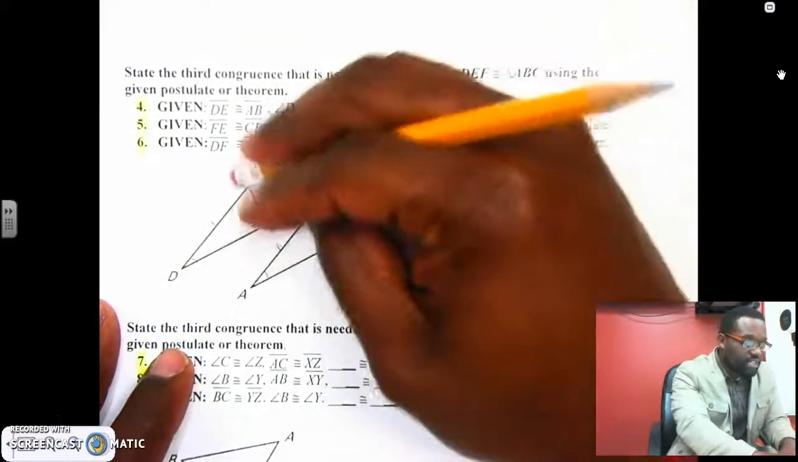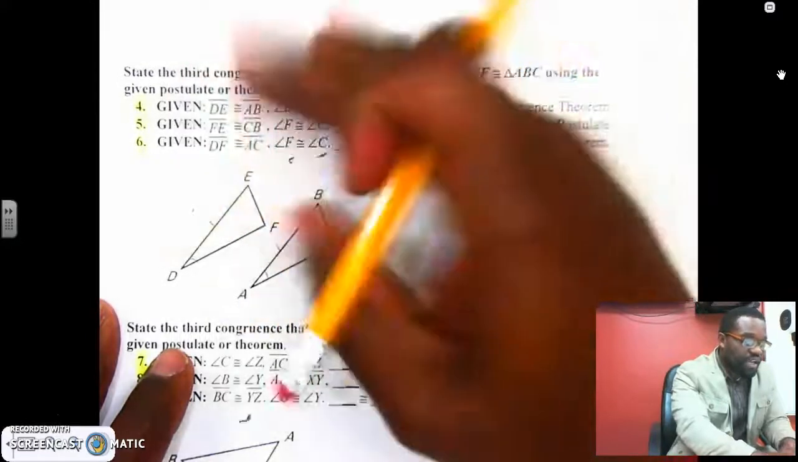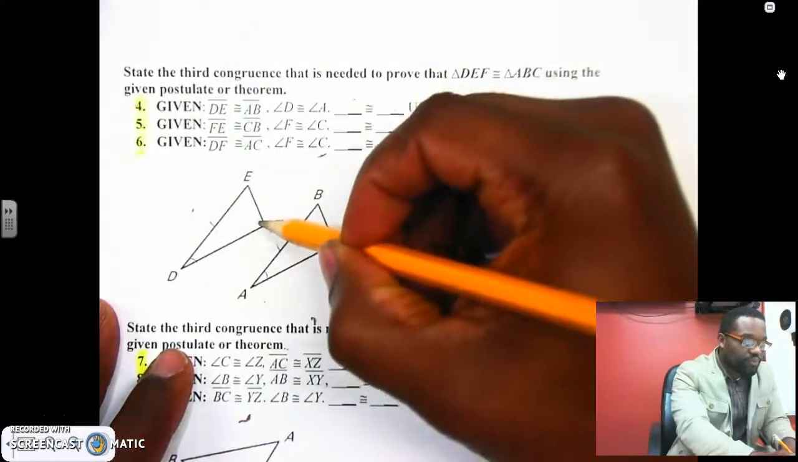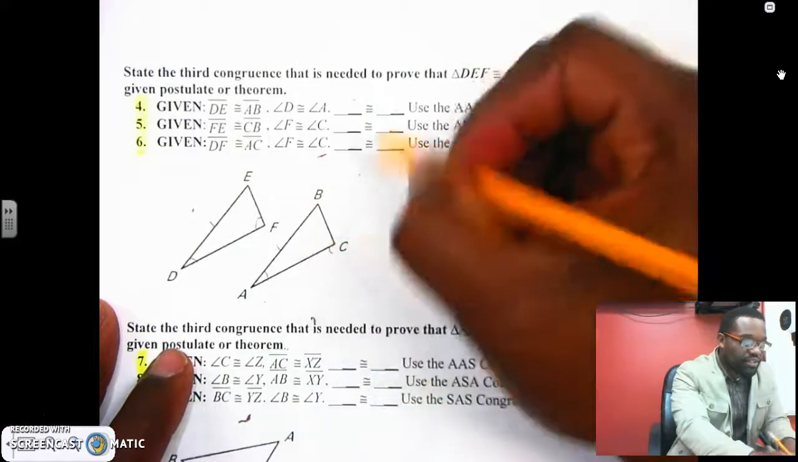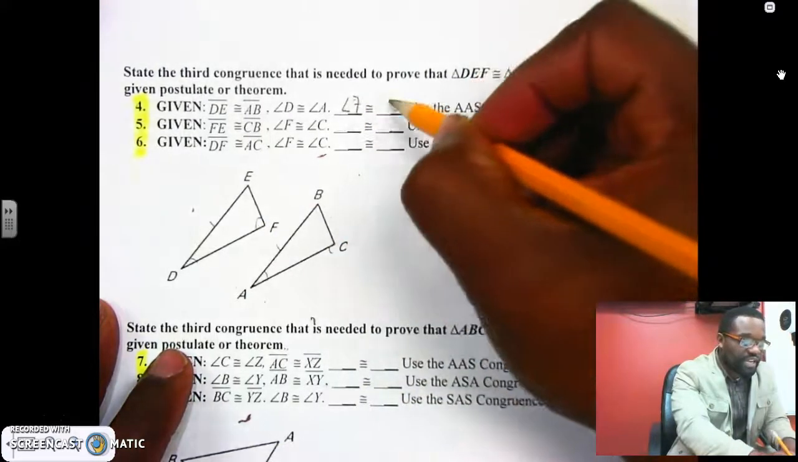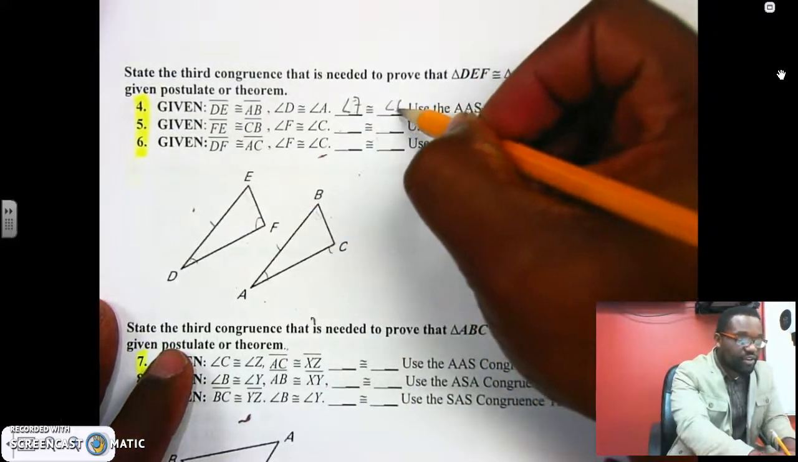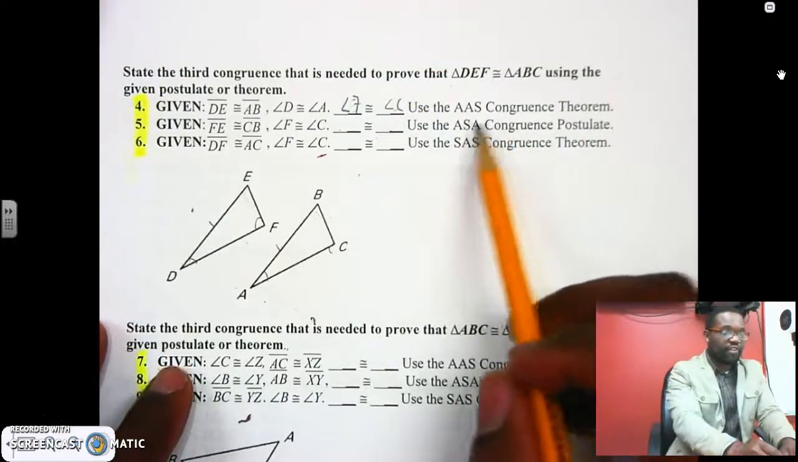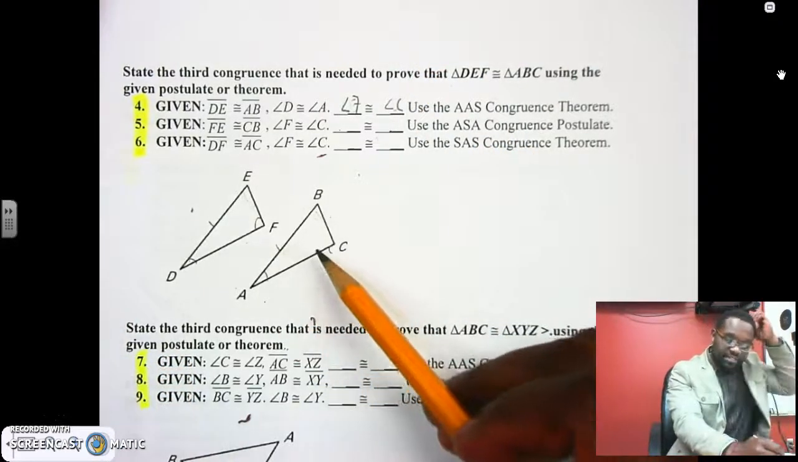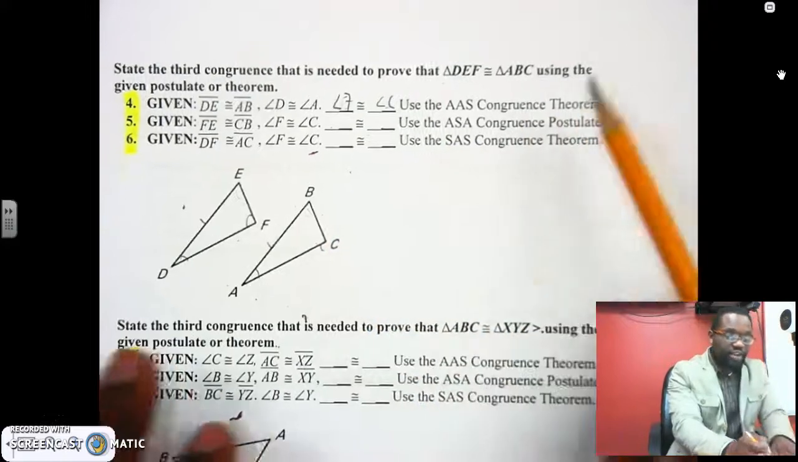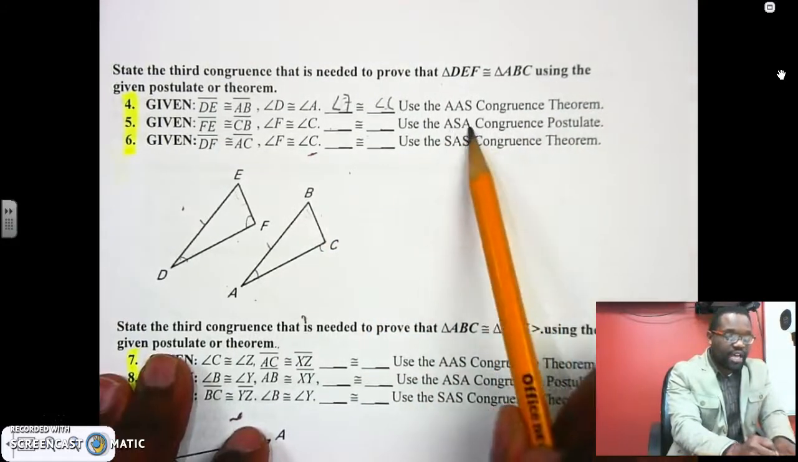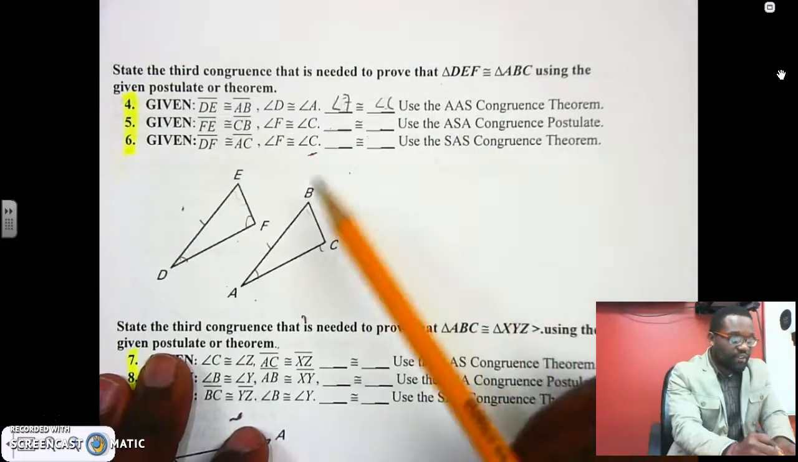If I'm trying to do angle angle side, I would do angle F and angle C. Angle F and angle C. Because with angle angle side, you don't have to have an order. You don't have to have the side sandwiched in between. Let's try another one. If they want us to use angle side angle, I kind of just gave that away. If they tell us that